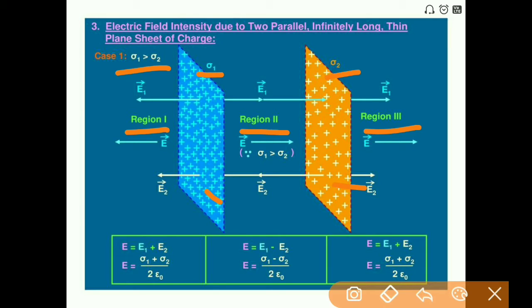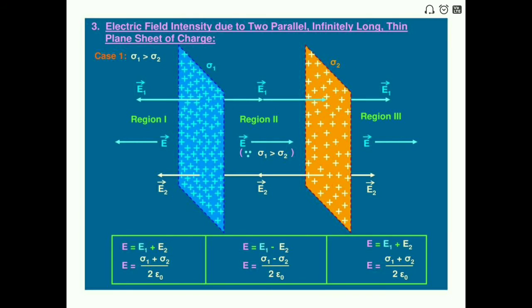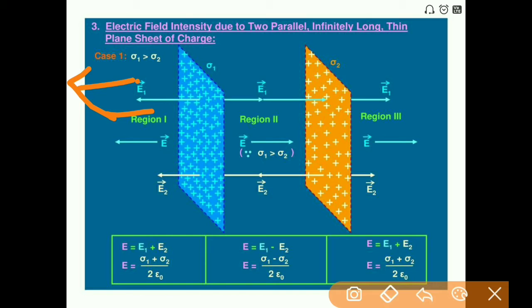How can we find it? Let us discuss the electric field due to the individual sheets. Because of sheet 1, the direction of the electric field E1 is in this direction, because whenever you keep a positive charge here, it will experience a repelling force in this direction. So this is the direction of E1. And what is the direction of the electric field due to sheet 2? Again, when you keep it here, it is away from the sheet, in this direction. If you see here, both electric fields are in the same direction, that is why E net will be E is equal to E1 plus E2.